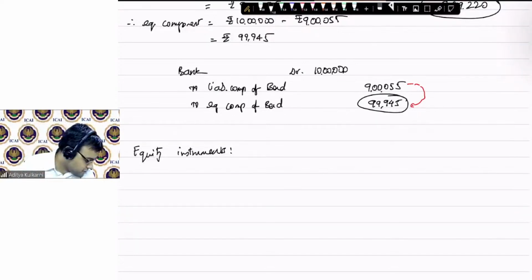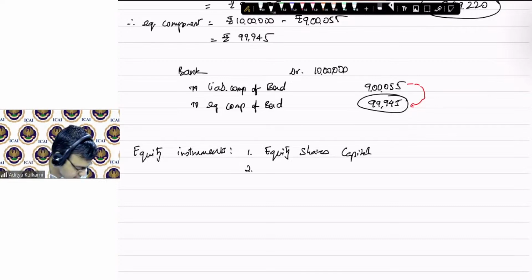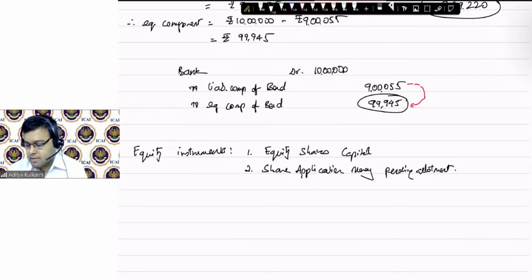So therefore, if we have to look at examples, one would obviously be equity shares, or equity share capital. The second one is share application money pending allotment. Okay, I'll give a break, just let us complete this and I'll give a break. Okay. Third one is